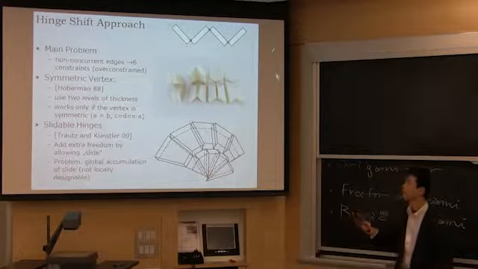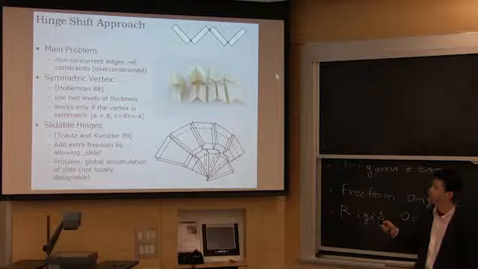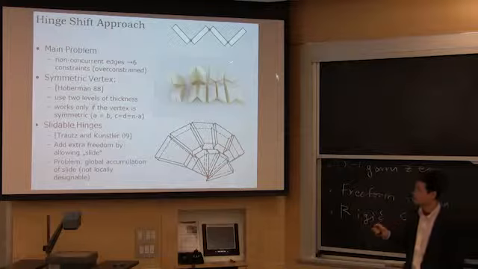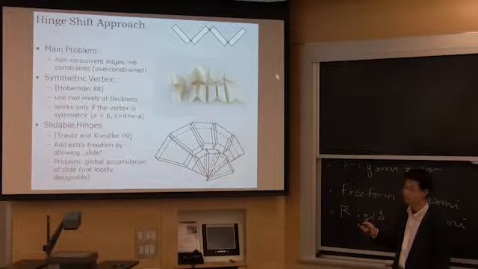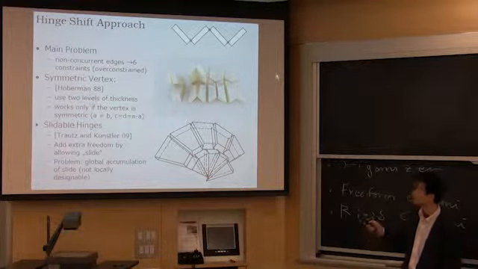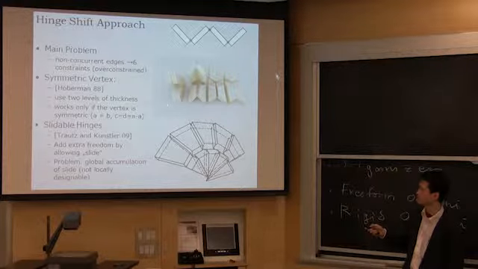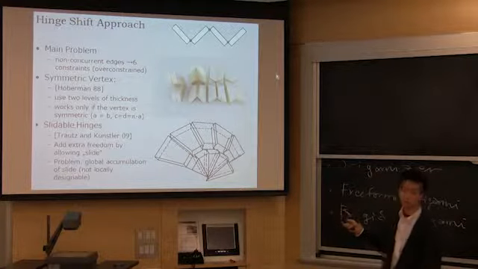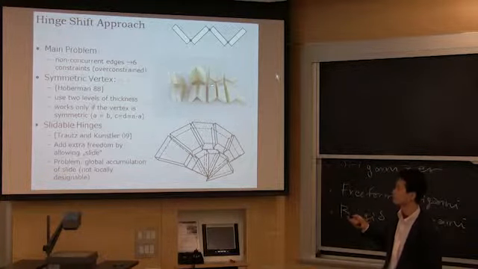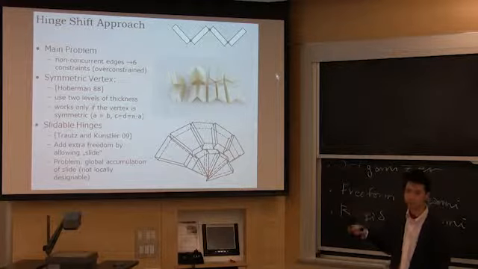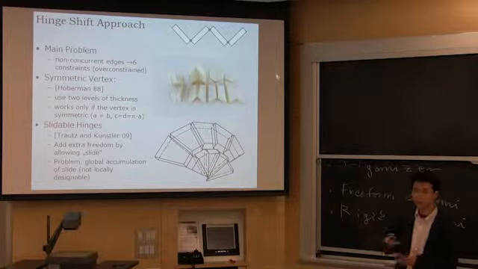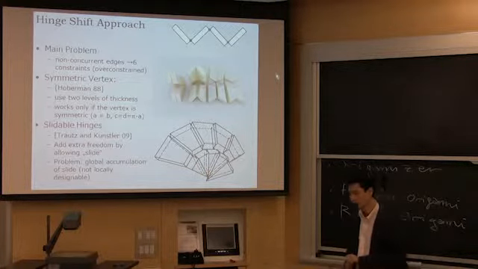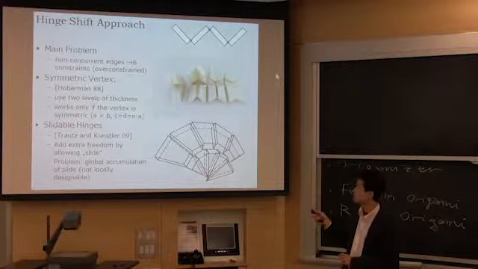This is a typical way to do that. So you put the hinge on the valley side. The main problem of this one is that at each vertex, there are several fold lines joining, but they will no longer be concurrent. But rigid origami mechanism assumes that the fold lines are concurrent, which means that if it includes